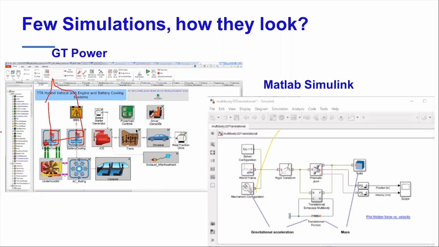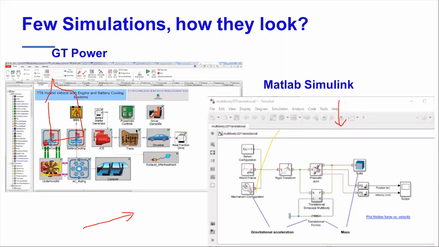Even MATLAB Simulink has 1D modeling. And 1D modeling is very useful, number one, during the concept selection phase. It is also very useful when you have to develop a system. A system may have multiple components, and 1D gives a very good overview of how these 1D components, when connected together, perform in the system. It may be very difficult to model the system using a 3D FE model in ANSYS or Abaqus. So 1D simulations are more popular.